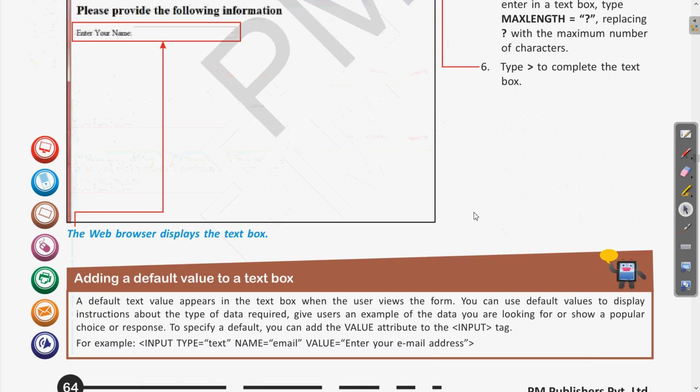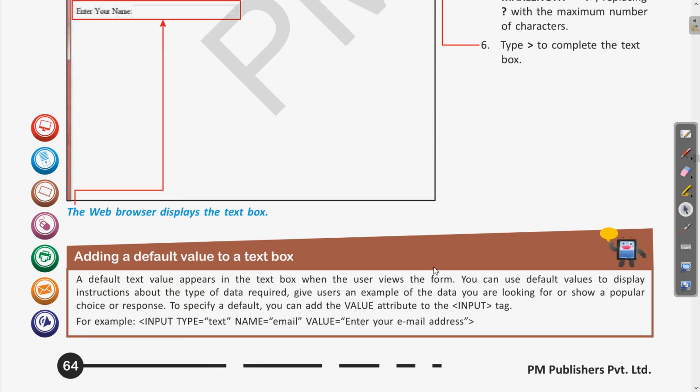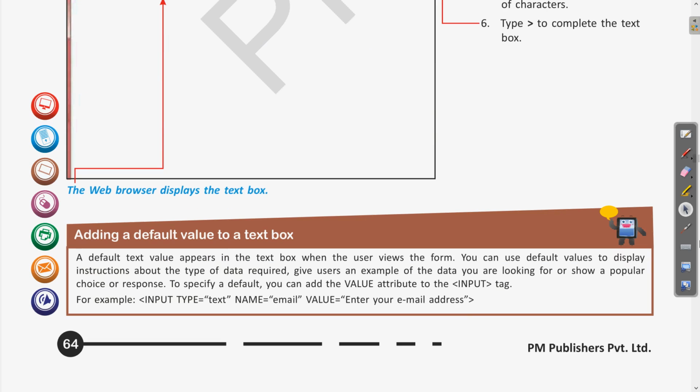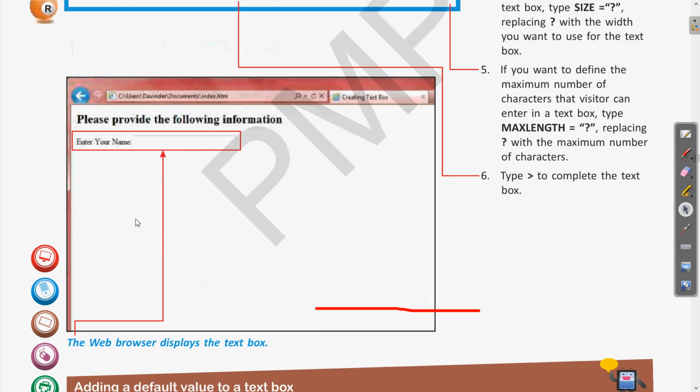Then we have seen an attribute if you want to use any default value, for that we can use the value attribute. Clear? Like "enter your email address": whatever text you want written inside this text box when it opens for the first time, that is a default value.